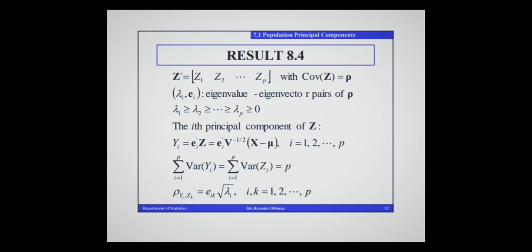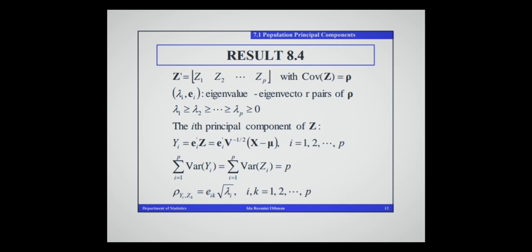So if we want to find the first principal component, it will be y1 equal to the transpose of e1 multiplied by z. Z will be z1, z2, z3, when we standardize the variables,